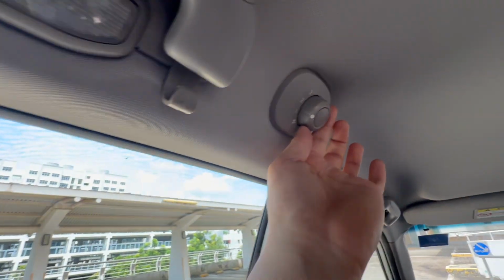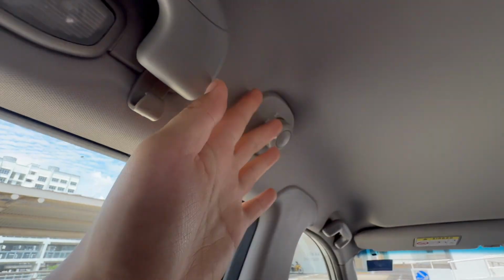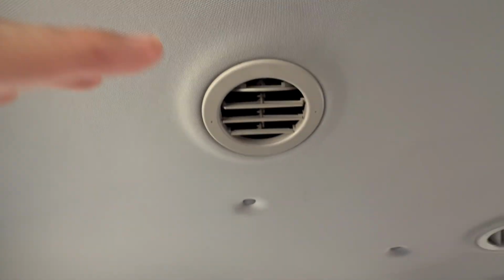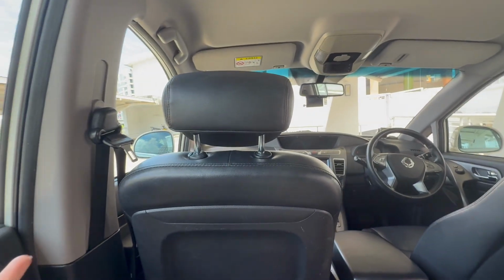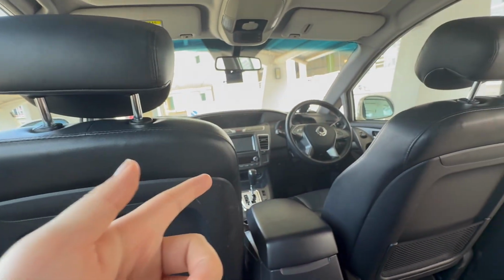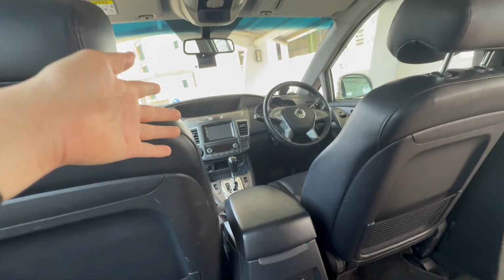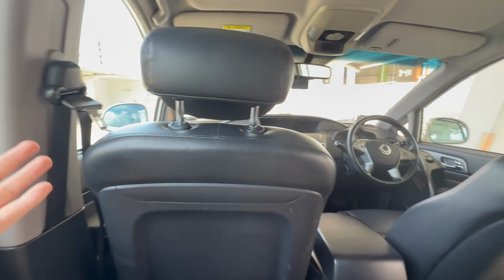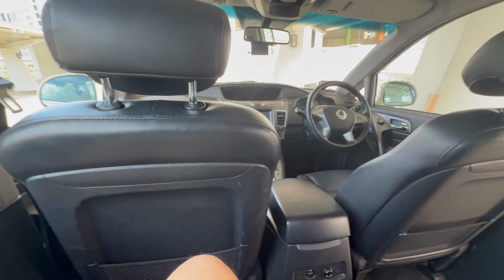So basically you're able to adjust it by twisting the knob to whatever fan speed you want blowing at the back. The only downside is you can't control the temperature. The temperature is controlled at the front by the driver. So if you want a colder temperature, you have to ask the driver or the front passenger to adjust it for you. But overall, I think it's still decent